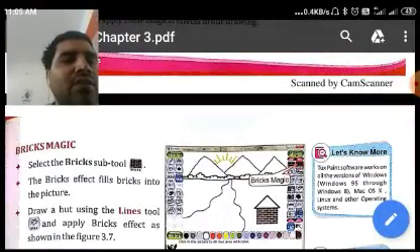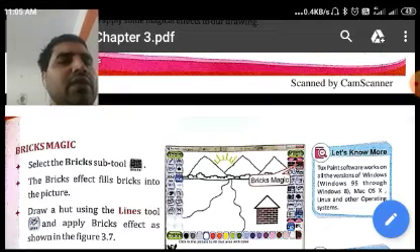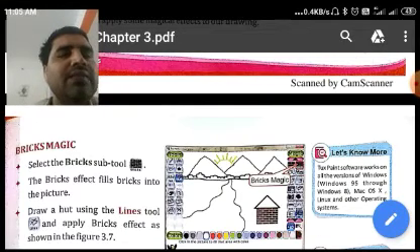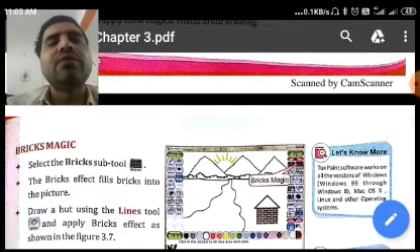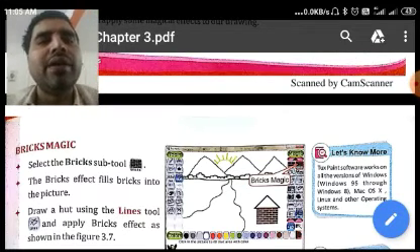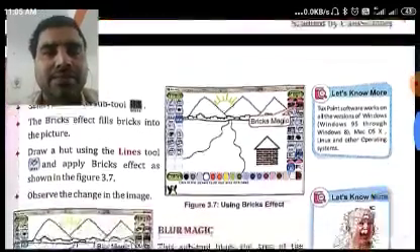TuxPaint software works on all the versions of Windows from Windows 95 through Windows 8. It is available for all the Windows versions. Mac OS X also, and Linux also. And in many other operating systems also we can use the TuxPaint software. So we can say that it is available for all the major operating systems.